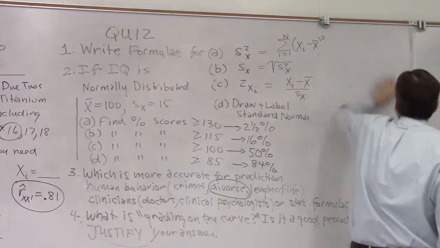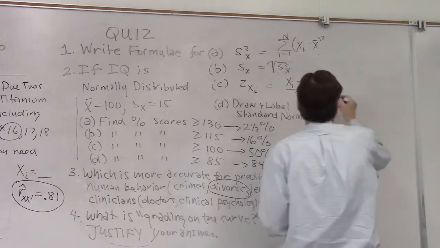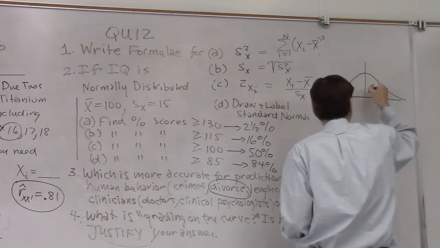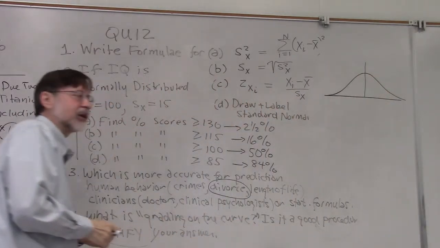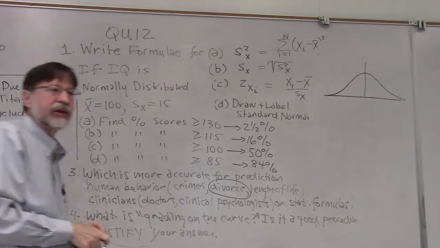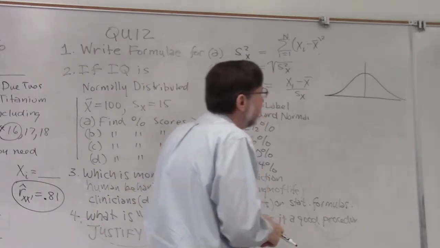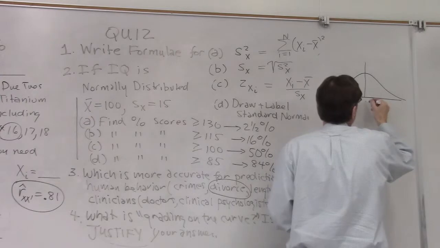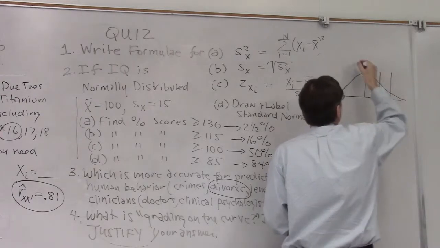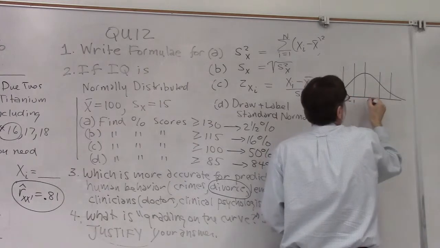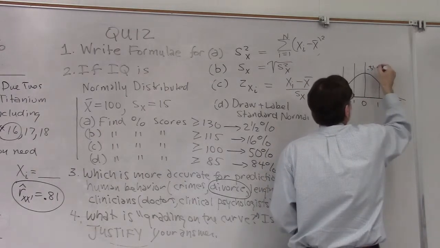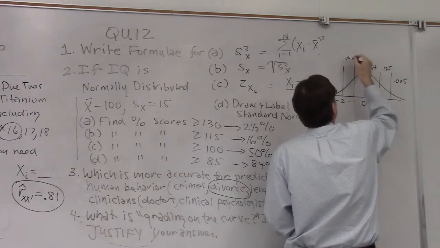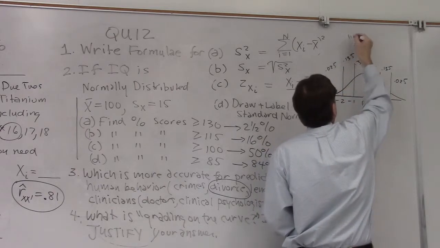All right. What is grading on the curve? Well, you've learned the curve already. This is the curve that they talk about when they talk about grading on the curve, and you've already learned something about it. It's the normal curve, the bell curve, which is used to grade on a curve. So here's an example of grading on the curve. A person might say, what you should do, this is going by the curve,